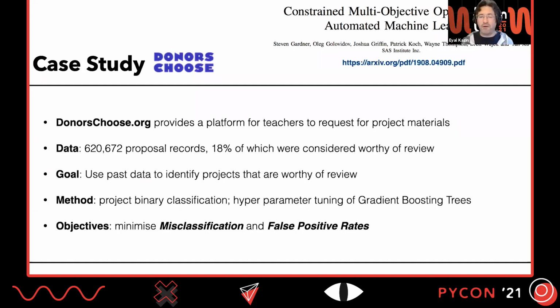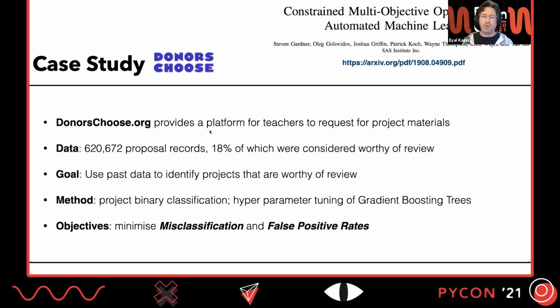One could argue for overhead, but in any case, here I'm just showing a group of data scientists within SAS who have a paper in which they applied it to many projects of theirs. And here I'm cherry-picking one of them called Donors that they worked on with their client Donors Choose. And the idea is that they had